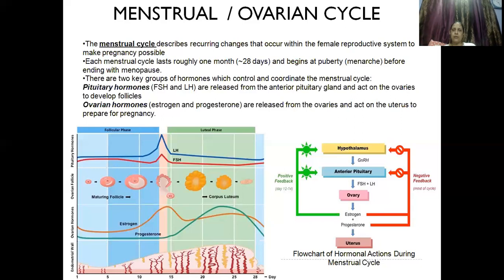Okay. Now, you need to understand that this menstrual cycle, or the formation of the egg and the entire process of the female reproductive system, is basically controlled by the pituitary hormones. That means each and every step of the formation of the egg, the formation of the Graafian follicle, the release of the egg, the development of the corpus luteum and the corpus albicans, the entire changes that are taking place in the ovary, everything is controlled by the pituitary hormone.